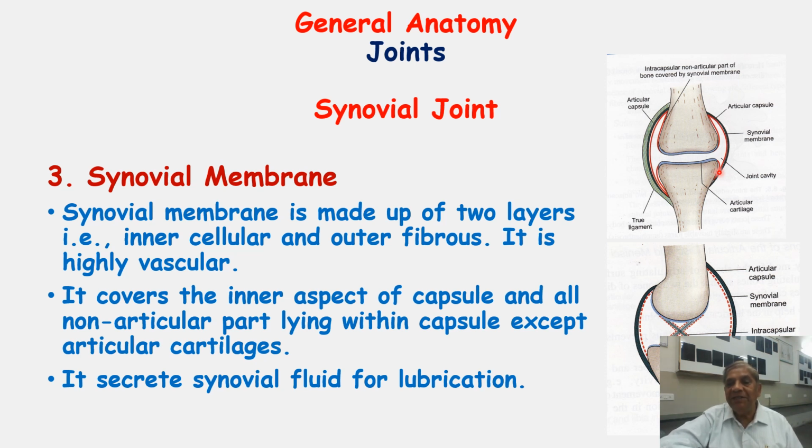That secretion is highly slippery in nature, and hence it provides further smoothness to the surface, so that there is absolutely no friction. The first reason friction is avoided is that the surface is covered by smooth articular cartilage. Second, the lubricating action of the synovial fluid avoids friction between the two